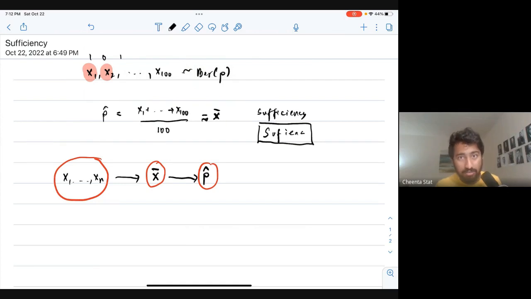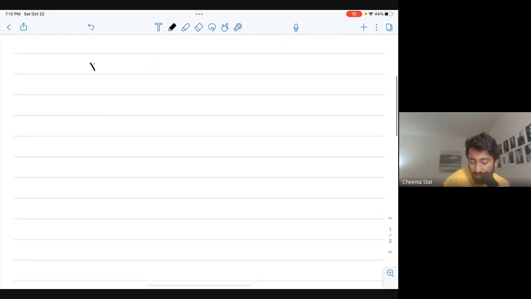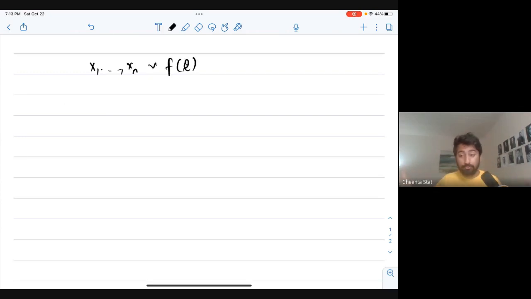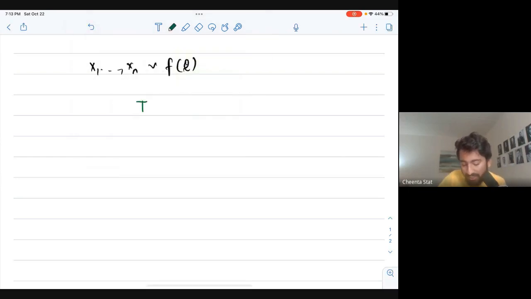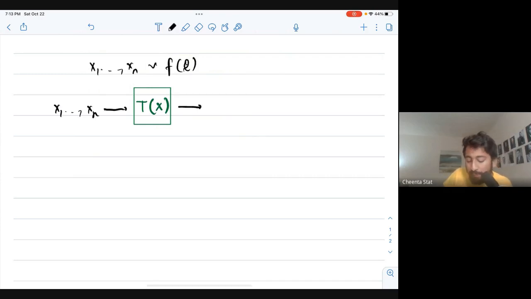The parameters. So we can see that if x1, x2, xn follows some distribution f of theta, with theta in a set of parameters, the question is what is that corresponding T(X). That corresponding T(X) says that the data x1, x2, the sample, the parameter value is just dependent on T(X). T(X) can be a vector of estimators.